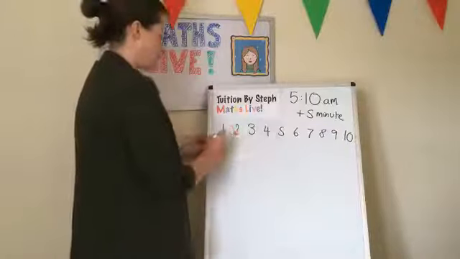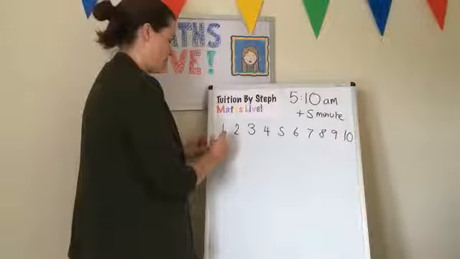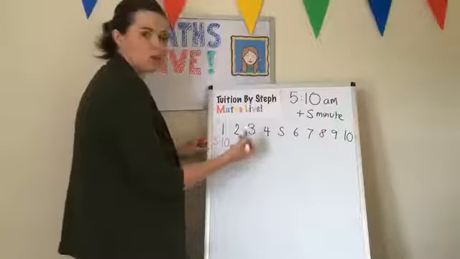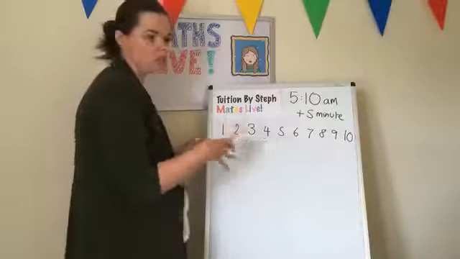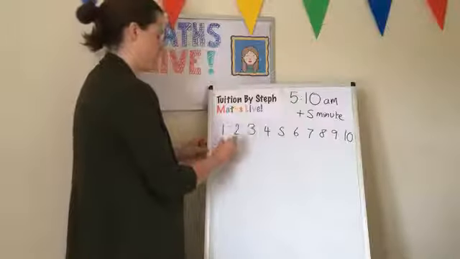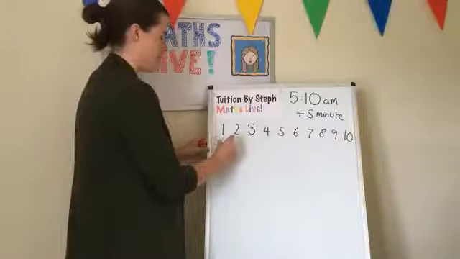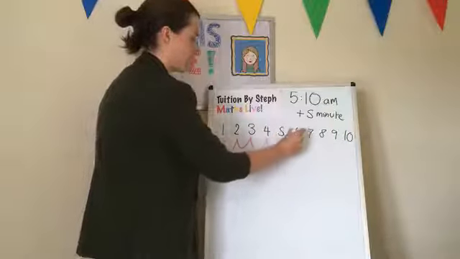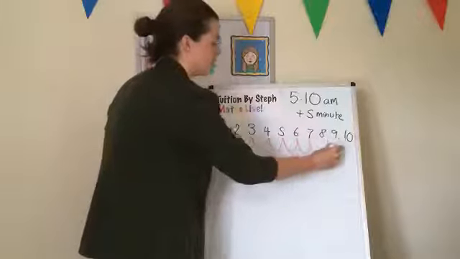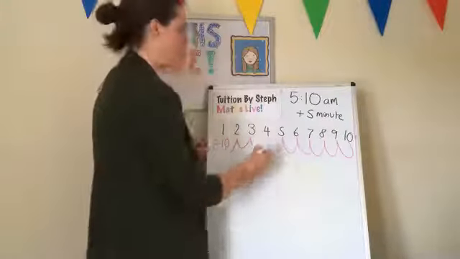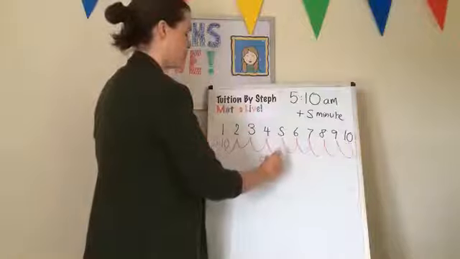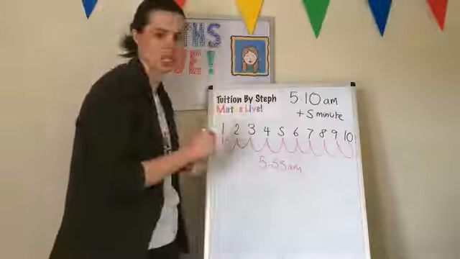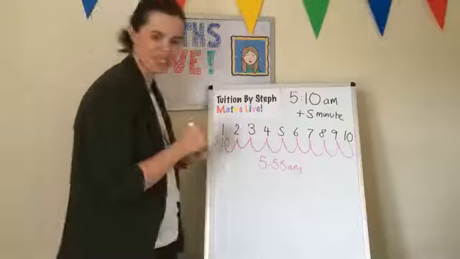So this one was at 5:10, we don't do the adding on straight away. So you can either count up in fives, or you can do all your fives together and add it on to the time. I'm going to do it with the time, so 10, 15, 20, 25, 30, 35, 40, 45, 50, 55. Yes, the last bottle fell at 5:55 a.m., just before 6 o'clock in the morning. Good, excellent.